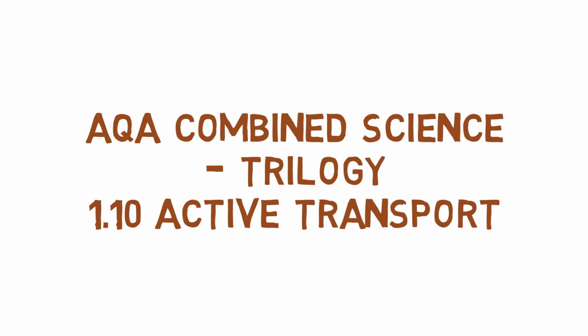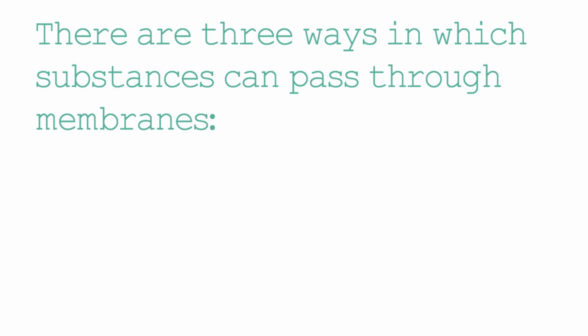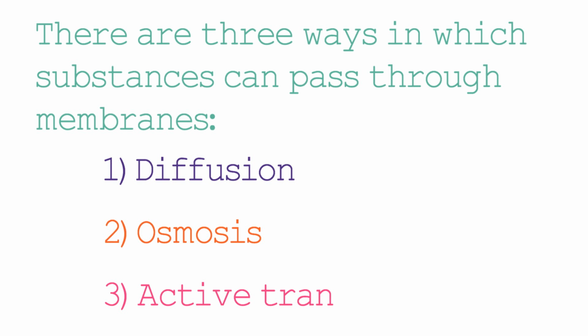Hi, in this video we're going to be looking at active transport. There are three different ways that substances can pass through a membrane. These are diffusion, osmosis and active transport. Diffusion and osmosis have been explored in the previous two sections, and in this section we're going to be looking